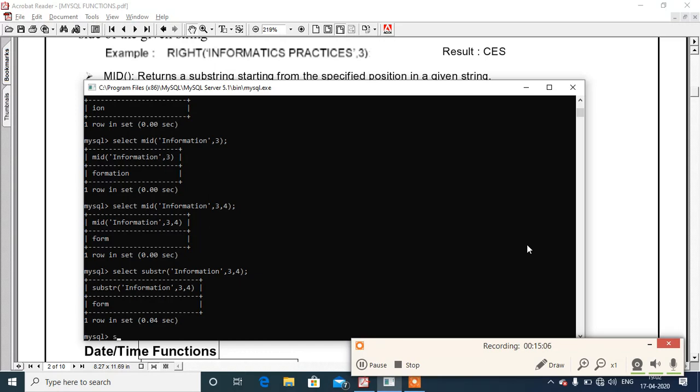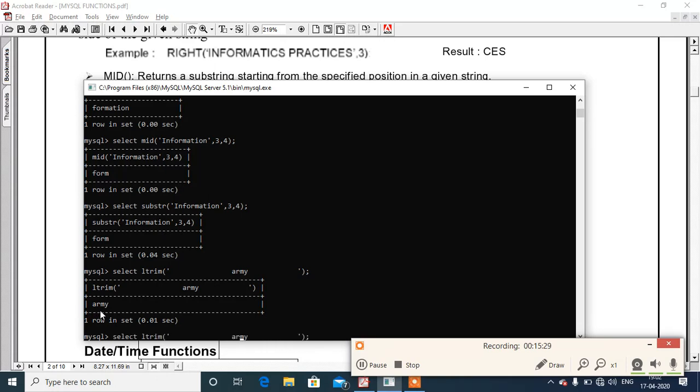You can see by the example, if we write select ltrim in bracket space army space single quote semicolon, we'll get army as a result. You can see here the leading space from army will be removed.